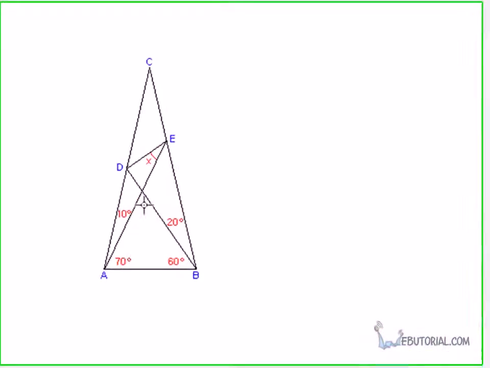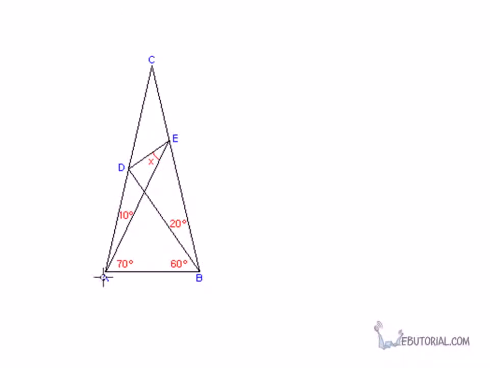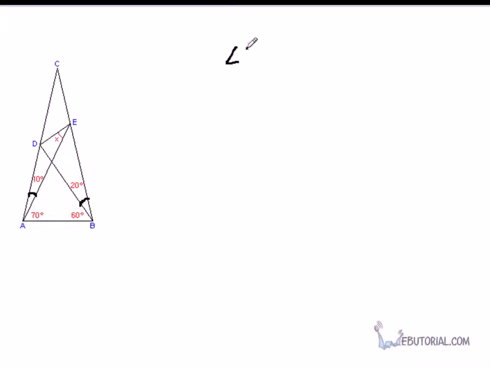So let us take a look at our first problem. In this problem, we have been given two angles over here and here which are of importance. That will give us the hint how to solve this problem. If you observe, angle DBE is 2 times angle DAE, and both of these angles are present on the same